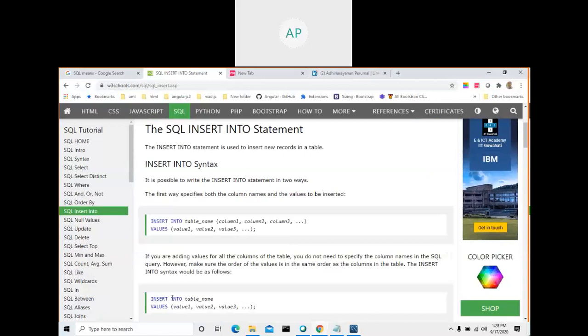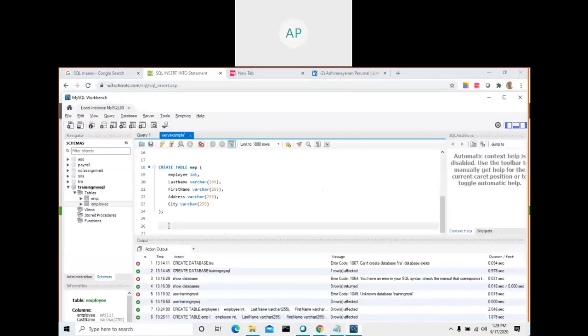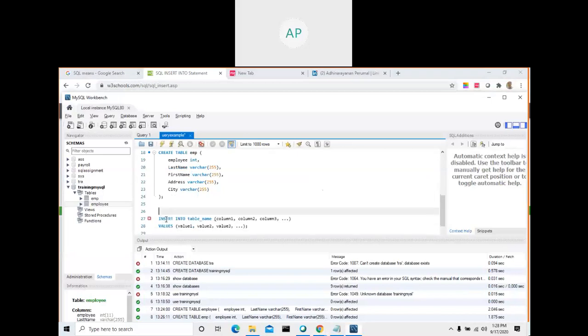As of now, I just want to insert one record and show it to you. That's the reason I opened this one. So this is the SQL command: insert into table name, column, values. This is the query. Okay, let me go here. We created a database. It can be on the same line or on a different line also. If it is too long, then you can reduce it to two lines.